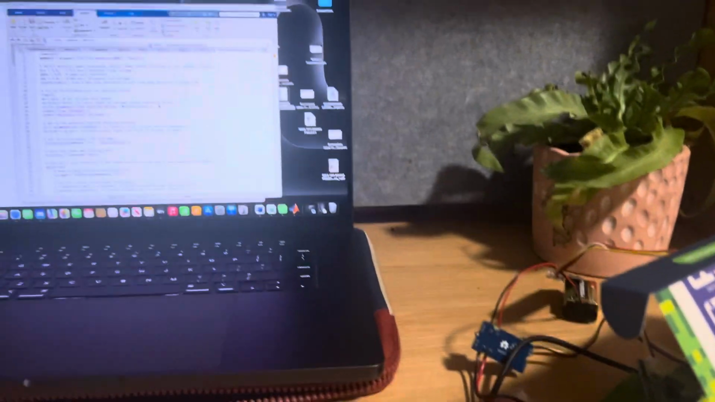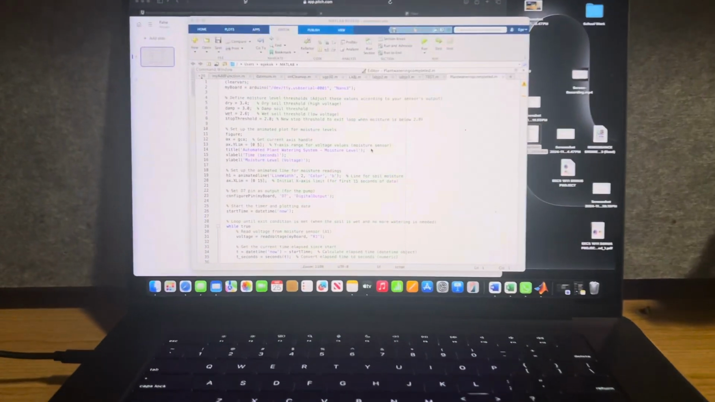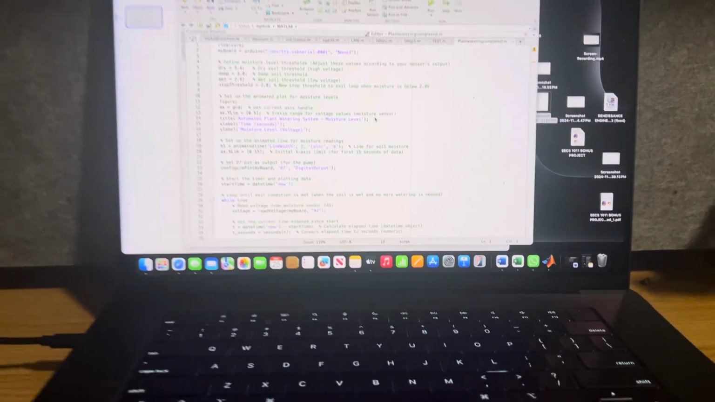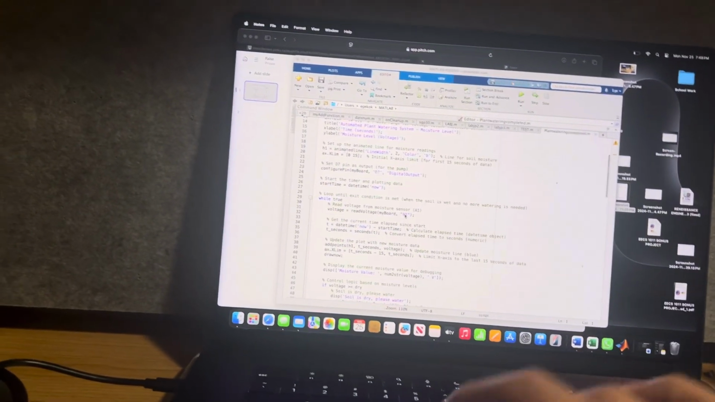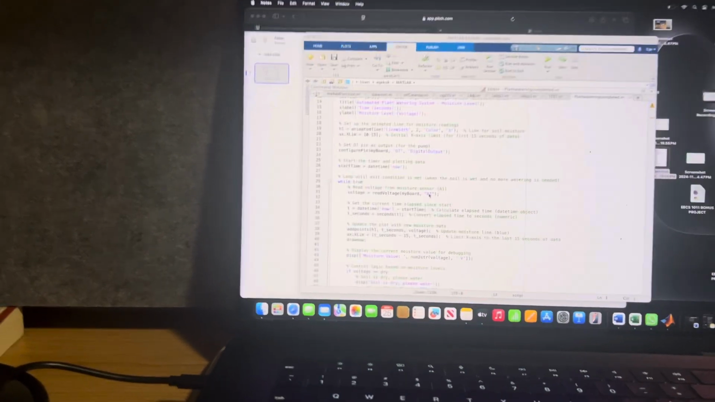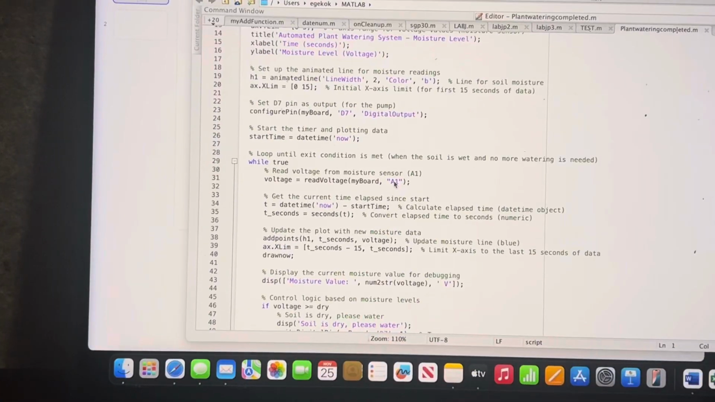In this video, I will be demonstrating my EECS 1011 project in which we are required to water a plant. So, starting off with my code, as you can see, for the first